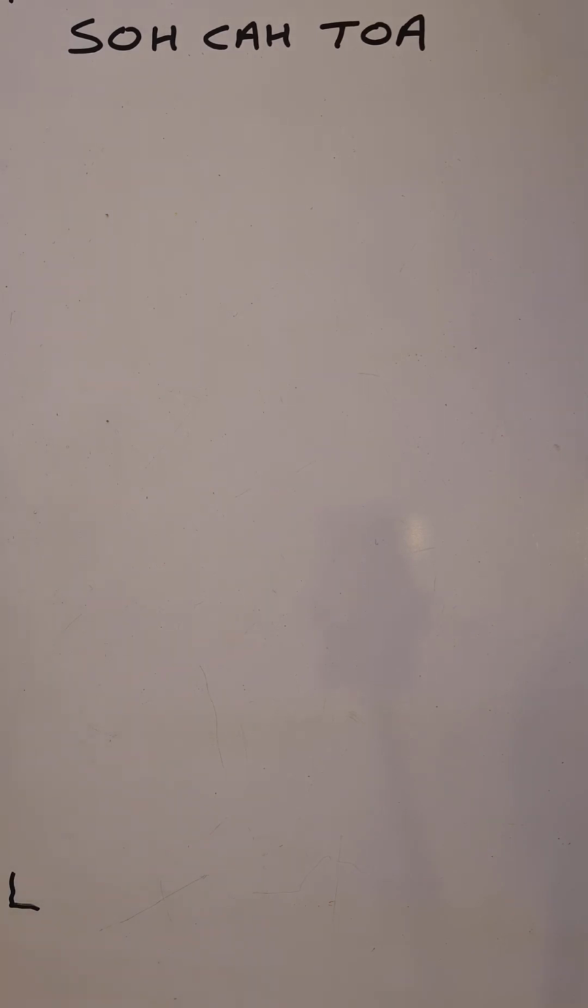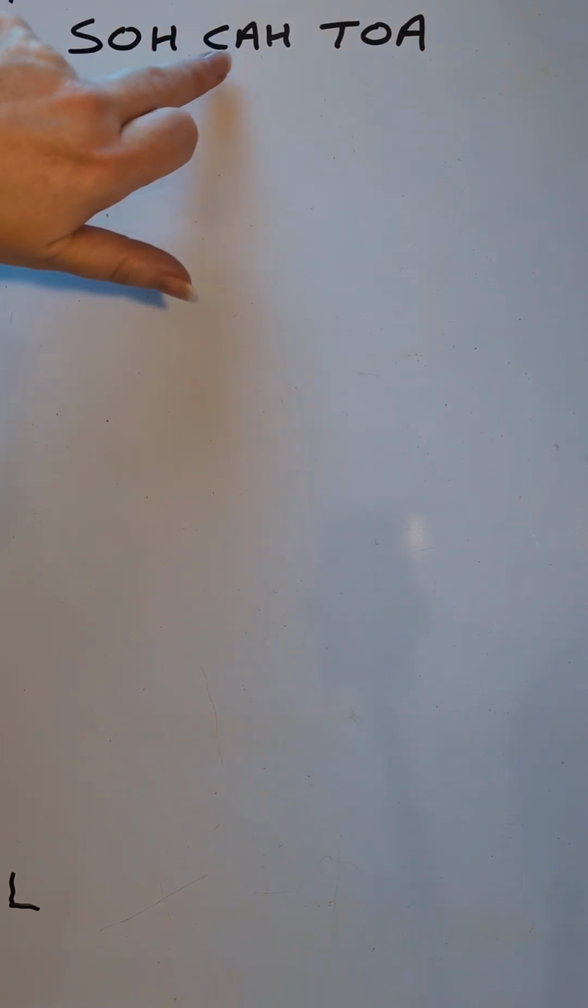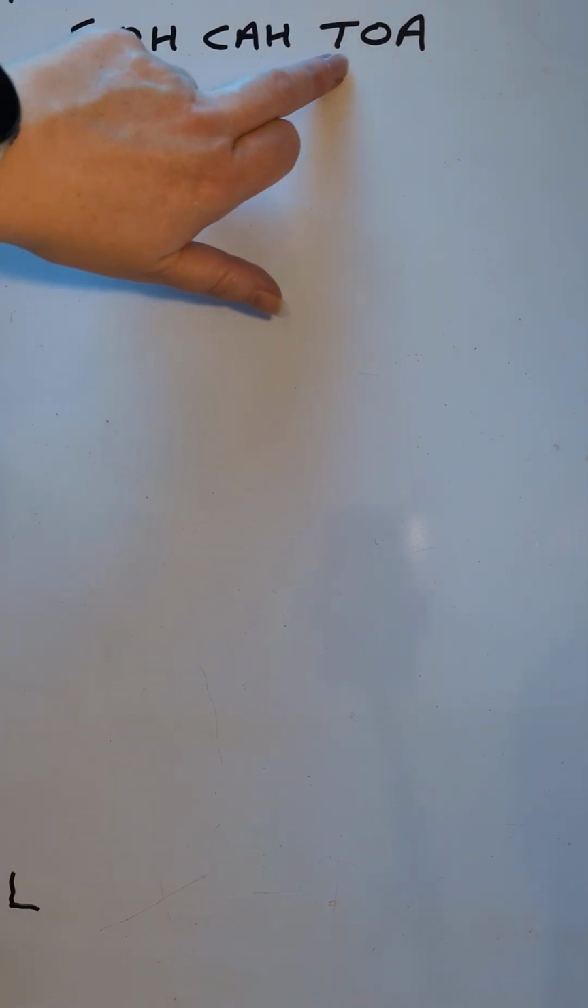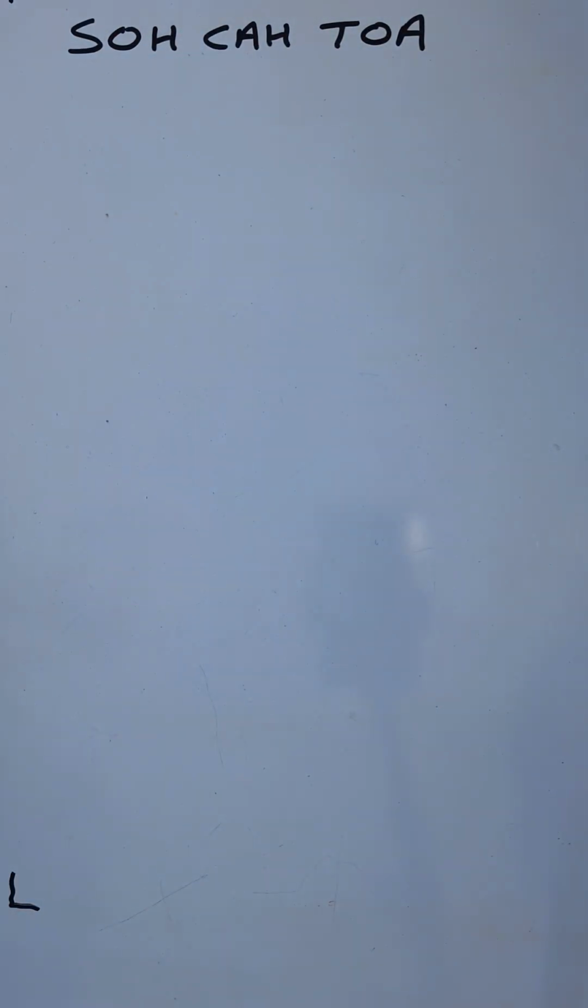Okay, this video is a quick recap on trigonometry for right-angled triangles. And we usually say that we're dealing with SOHCAHTOA: sine, opposite, hypotenuse; cosine, adjacent, hypotenuse; tangent, opposite, adjacent. So just for a reminder of what these are, if we have a right-angled triangle